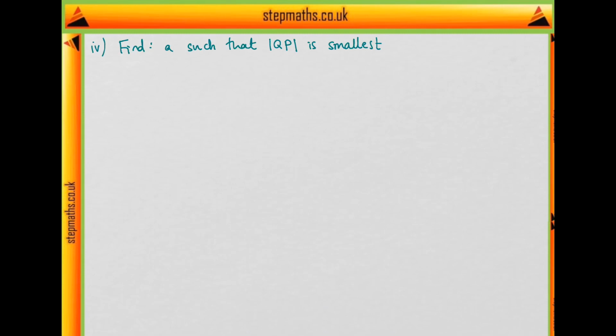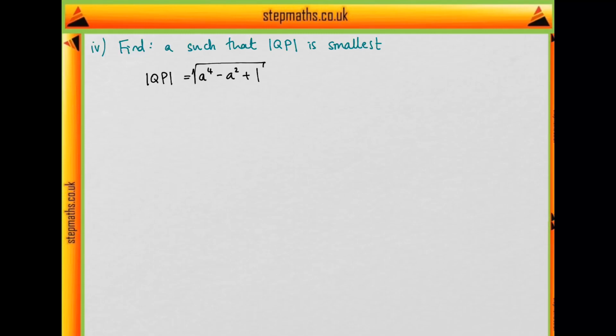And okay, now for part 4, we need to find the values of a for which the distance QP is smallest. Well, we worked out the distance squared in the last part, and the distance is just the square root of this. So if we're looking for when the distance is smallest, then we just need to minimize this, i.e. find the minimum point. But if I square root this, then we see we have something that's actually quite difficult